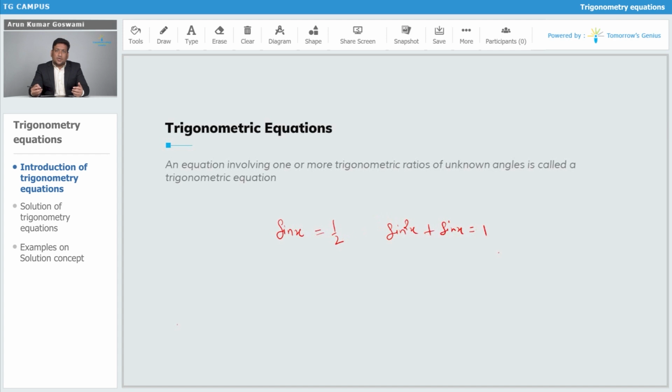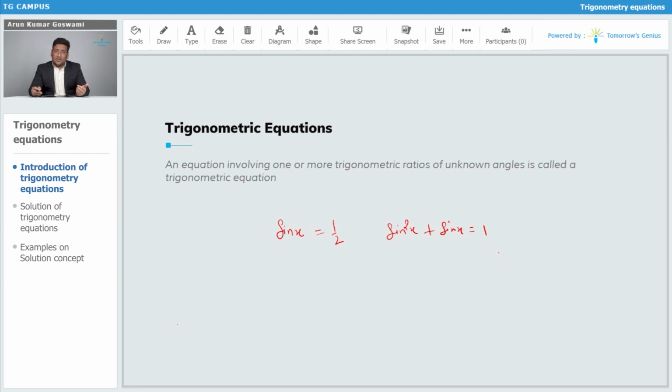Okay, so if we are dealing with these equations, it means we should know about the solutions of these equations. Okay, definitely if we have something, definitely we need to get a value of variable for which this equation should be satisfied. That is nothing but a solution. Okay, so when we are saying solution of any equation, not just trigonometric equation, solution of any equations, it means the value of a variable for which the equation will be satisfied.